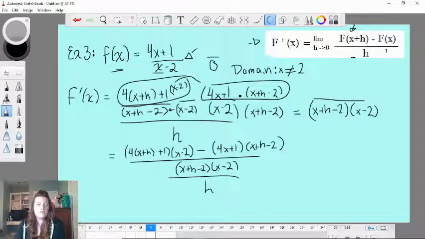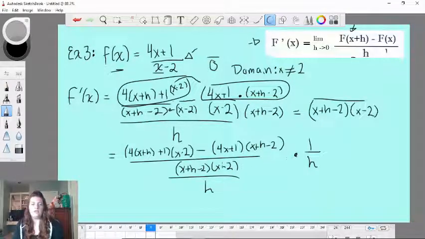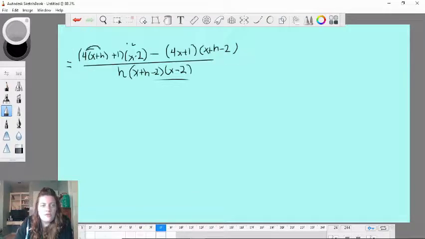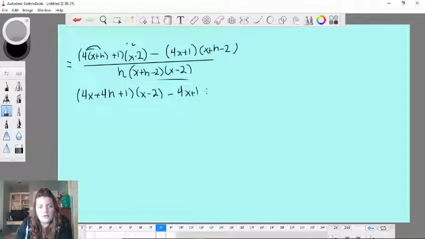When you divide a fraction by something, it's just the same as multiplying it by its reciprocal, so 1 over h. So I can go ahead and just put the h right here and get rid of this division sign, because it's just multiplied by 1 over h. The first thing I would do is multiply this 4 in, leaving us with 4x plus 4h plus 1 times x minus 2 minus 4x plus 1 times x plus h minus 2